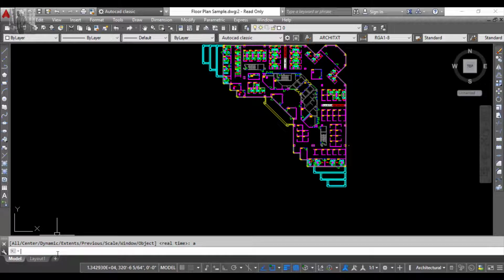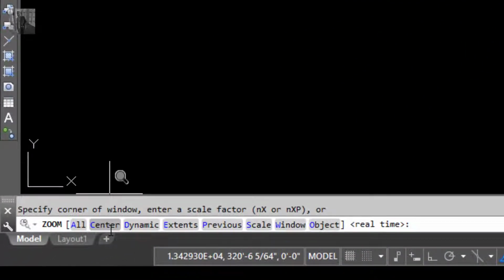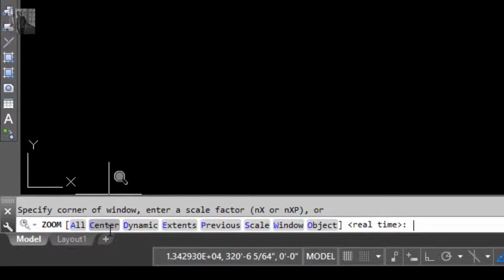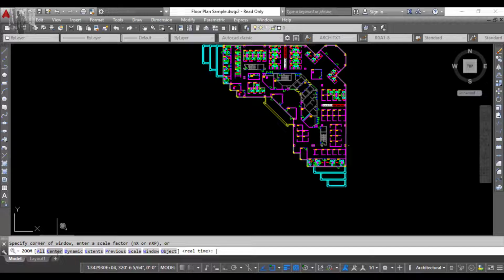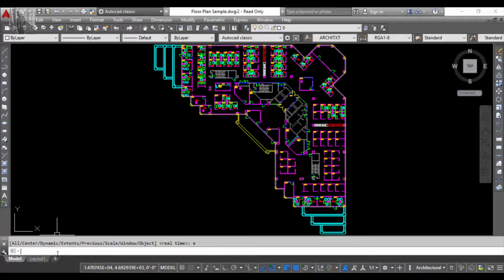Also, if I want to set the lower area, that is the scaling of the drawing, I will press the second option, that is called zoom extents. E is the shortcut key for zoom extents. Let me demonstrate. As I press Z, enter, and for extents you can see that the fourth option is extents. Also you can see that the blue color is highlighting the shortcut key of that particular command. In this case, I will press E and enter. You can see that the extents option tends to set the AutoCAD drawing to a particular scale, that is the scale of the screen.